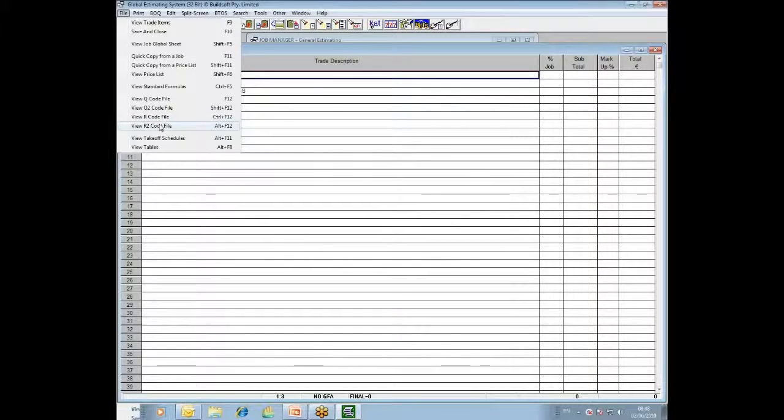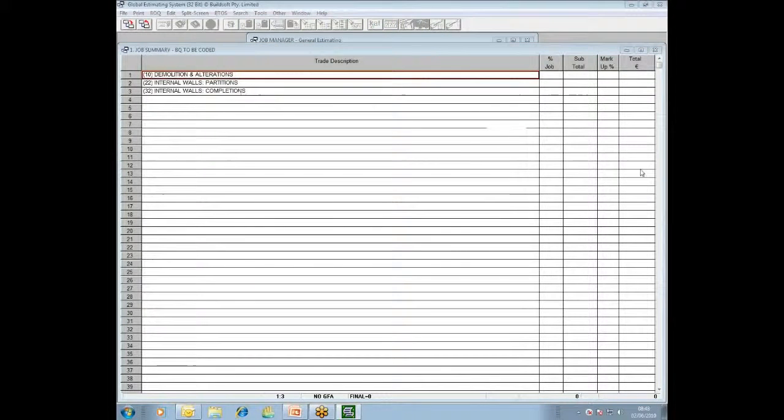But in essence, their use is pretty much similar in that what it allows you to do is resource up a bill or a tender document into an alternative format for analysis, maybe a tender meeting or for subcontract comparison or whatever it might be. So what I'll do is I will just open up a code file,